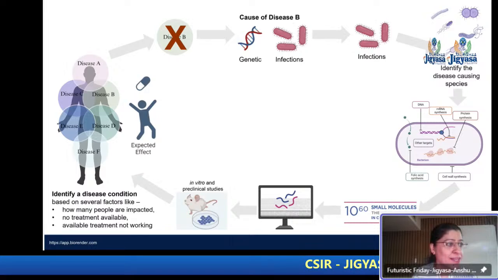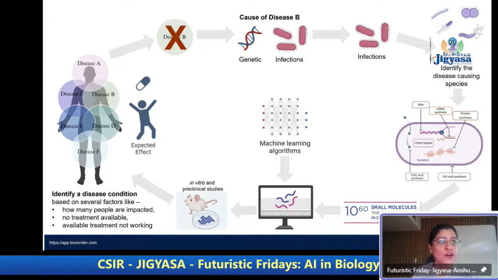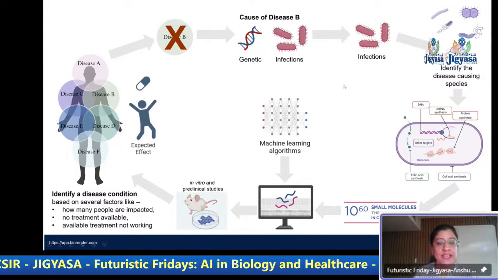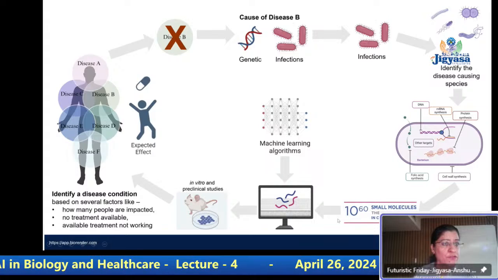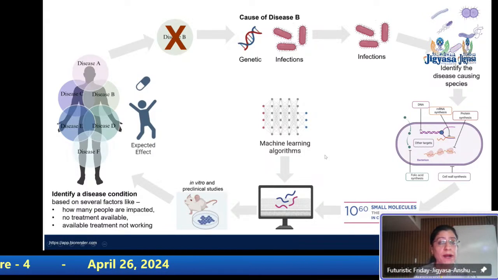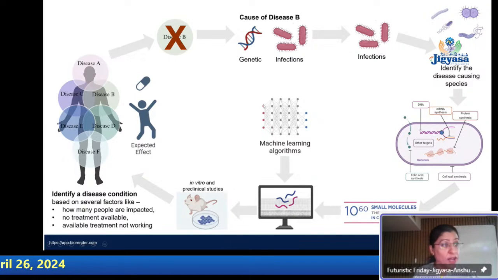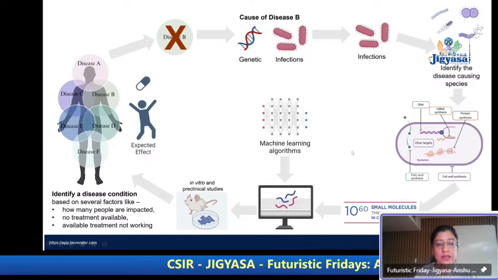Okay, all stages. But today, for sake of discussion, I have picked up this stage for you to say how do we actually identify compounds from such a big repository, from such a big chemical space. How do you now identify compounds that might work as a drug for a disease condition by using machine learning methods? Okay, so far so good?